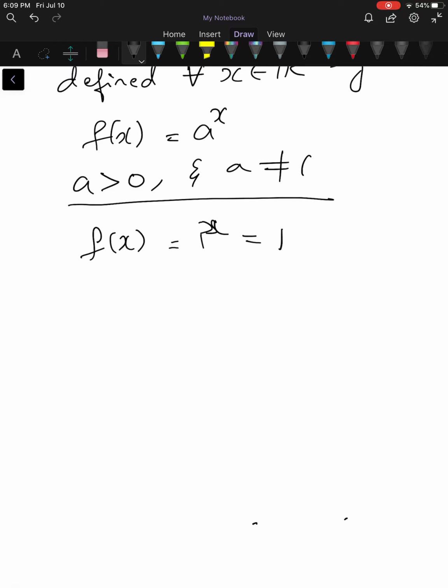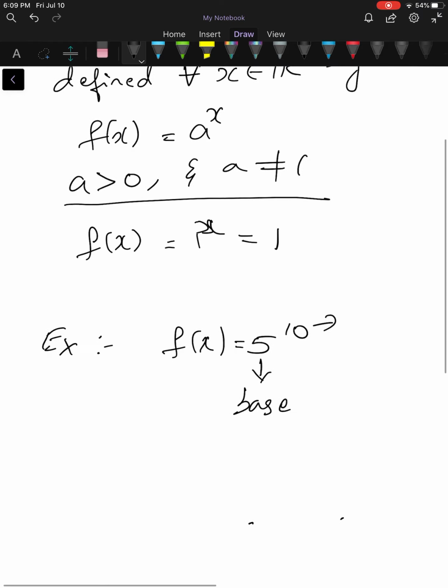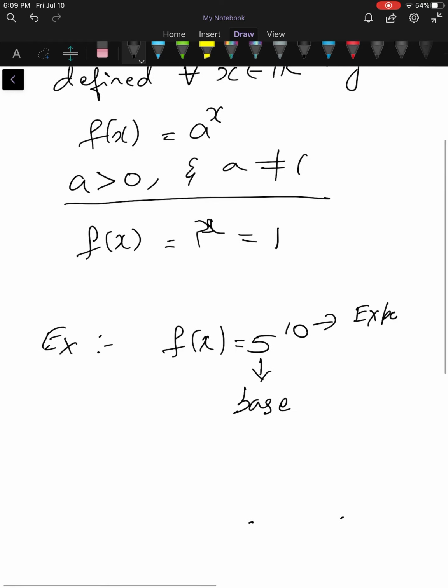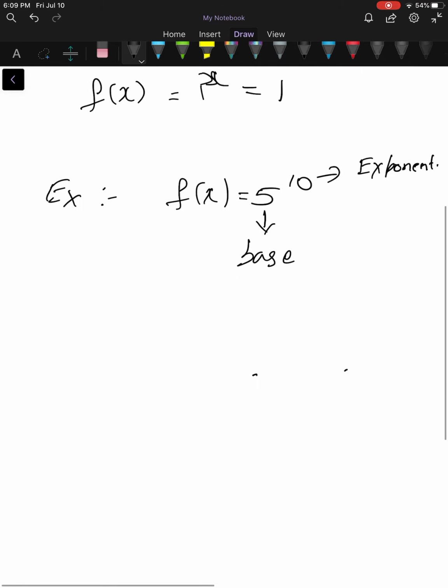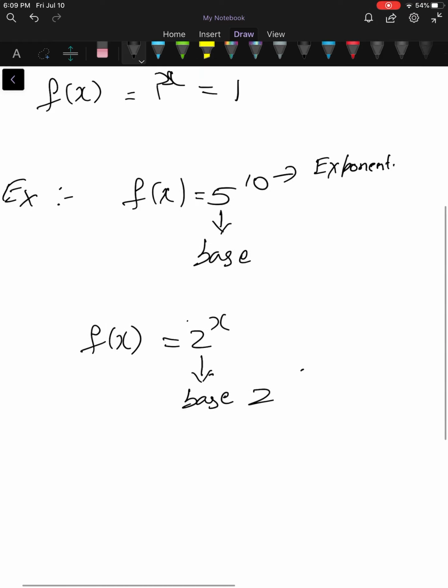Here are some exponential function examples. f of x is like 5 to the power of 10, where 5 is the base and 10 is the exponent, correct? So this we know. And if we have f of x is equal to 2 to the power of x, here the base is 2,